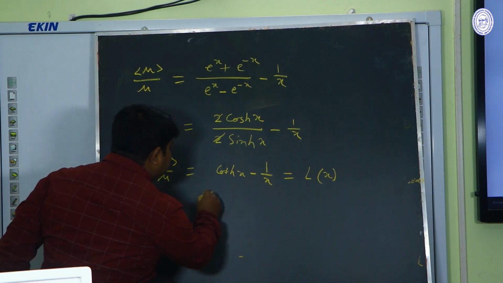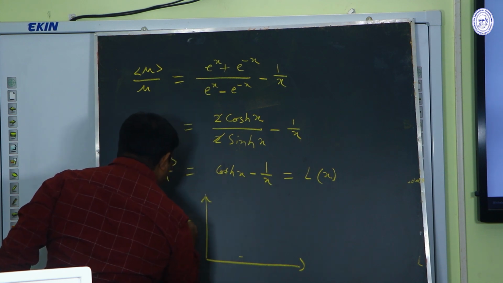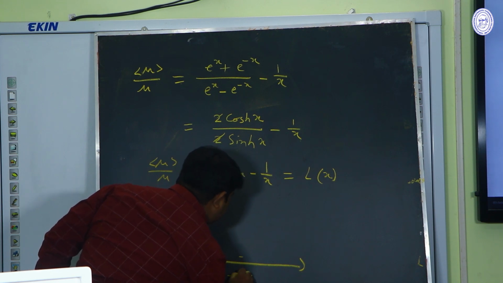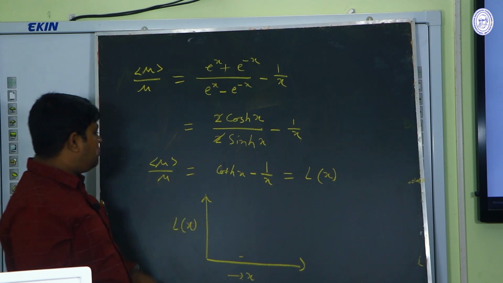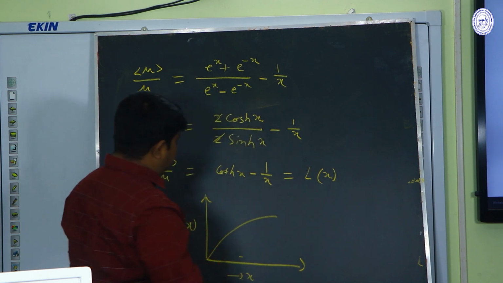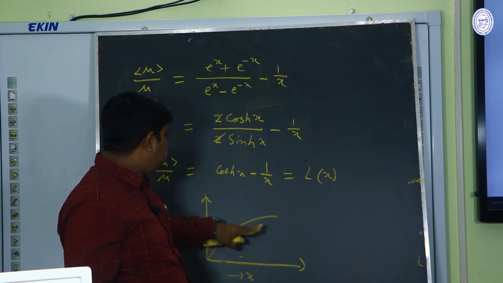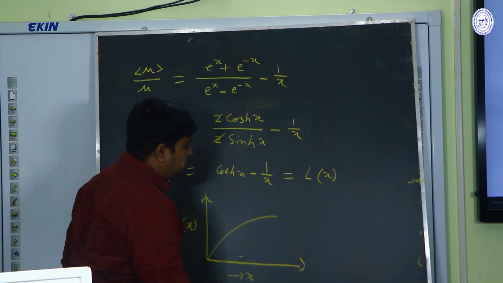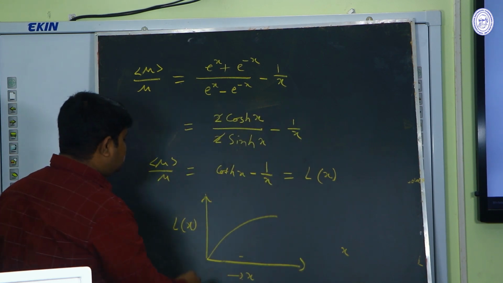The variation of the Langevin function is plotted with x along the x axis and L(x) along the y axis. The nature of the curve is like that: it gradually increases, and at high values of x it tends to a saturated value. When x is nearly equal to 0, at low values of x, the slope of the curve